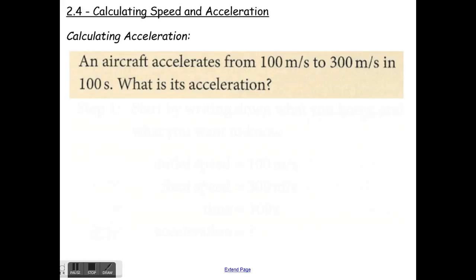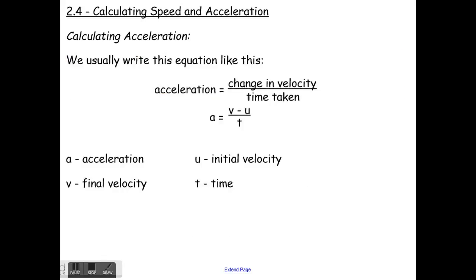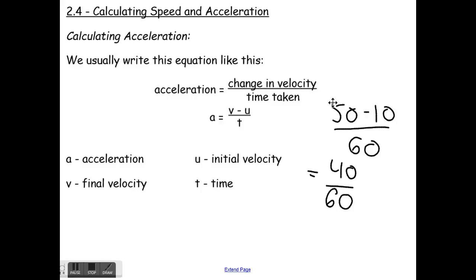So, now let's do an example. Calculate the acceleration. An aircraft accelerates from 100 meters per second to 300 meters per second in 100 seconds. What is its acceleration? The units for acceleration would be length divided by time divided by time. So this was the example I did, 40 over 60, 40 kilometers per hour in 60 seconds. So the unit would be kilometers